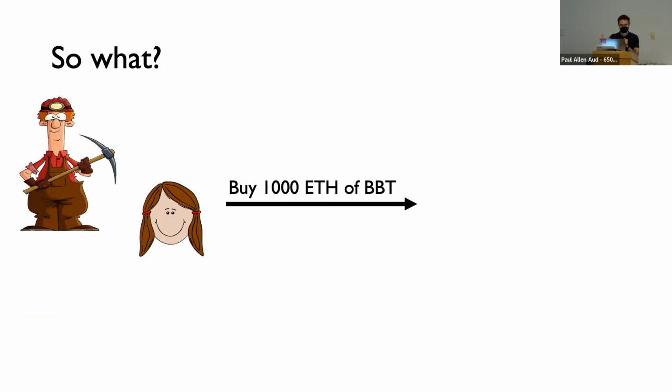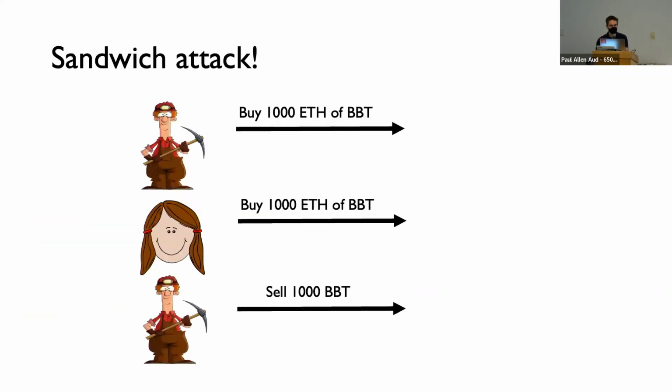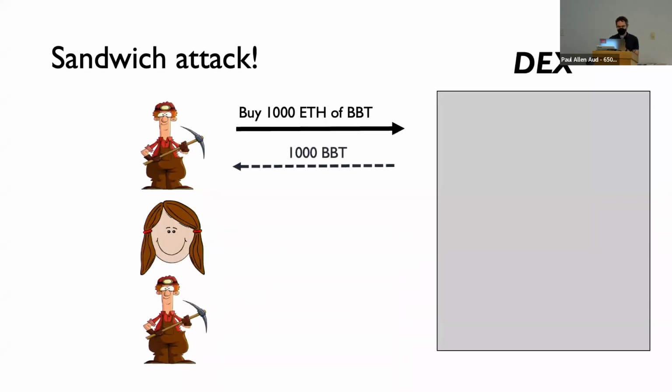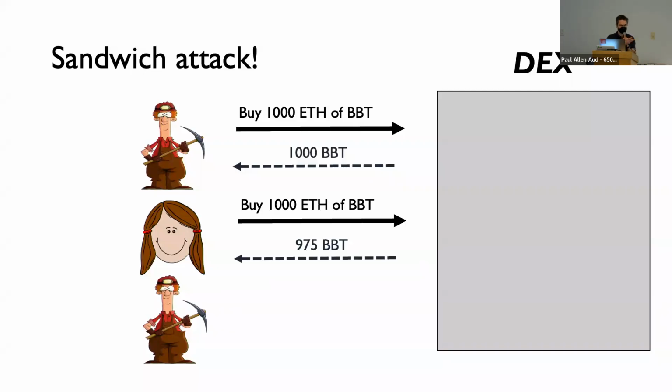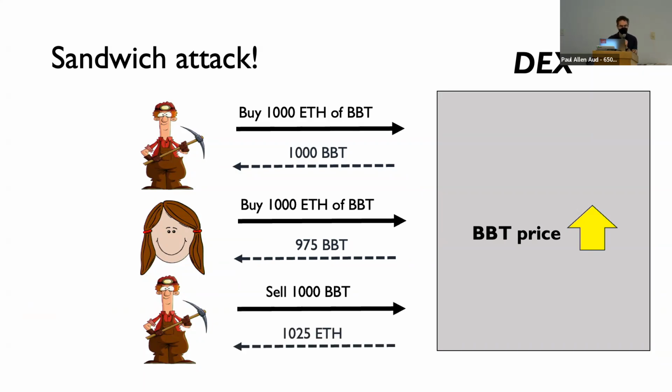Now, let's suppose that a miner observes that Alice has submitted this transaction. After all, it's taking up this transaction, putting it in a block. What the miner can do is mount what's known as a sandwich attack. In this type of attack, the miner inserts its own transactions, one before Alice's and one afterwards. And now let's look at what happens. The miner's transaction goes in, the miner buys a bunch of Bob's bubble token because the miner knows that the next transaction, it's sequenced the transactions after all, is Alice buying bubble token. And when Alice buys bubble token, the price will rise. So the miner can now turn around and sell the bubble token it has just acquired at a profit.